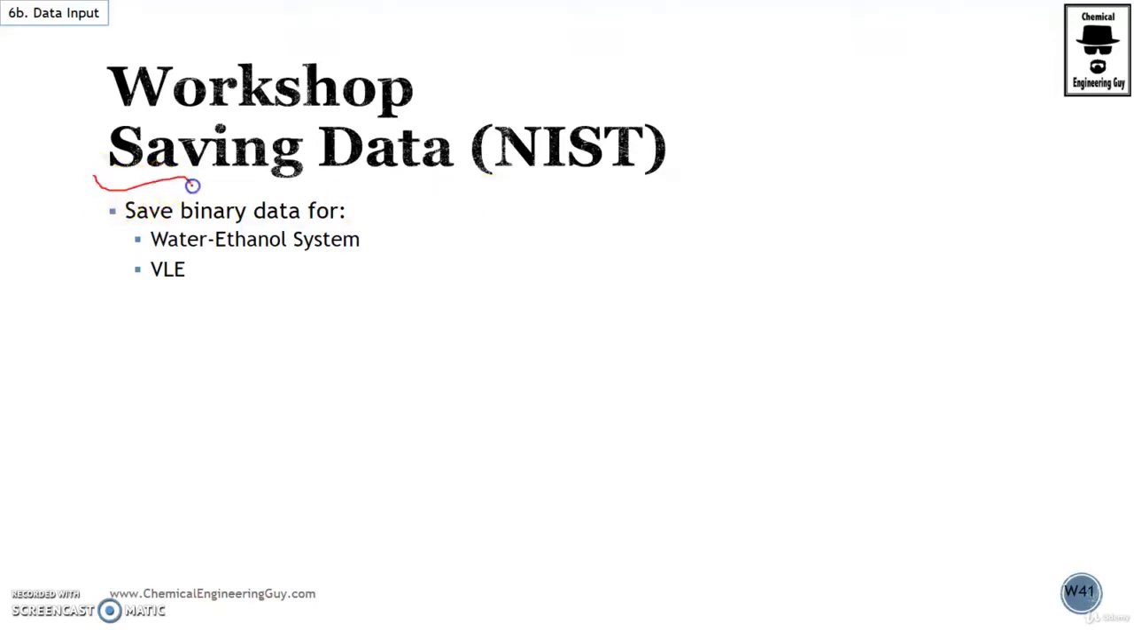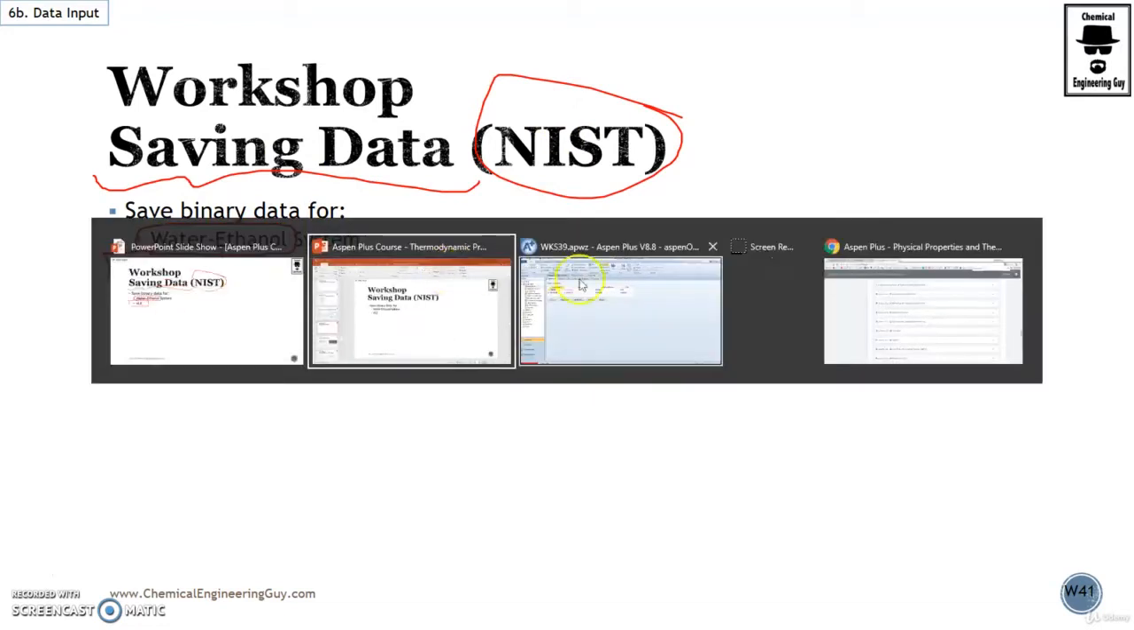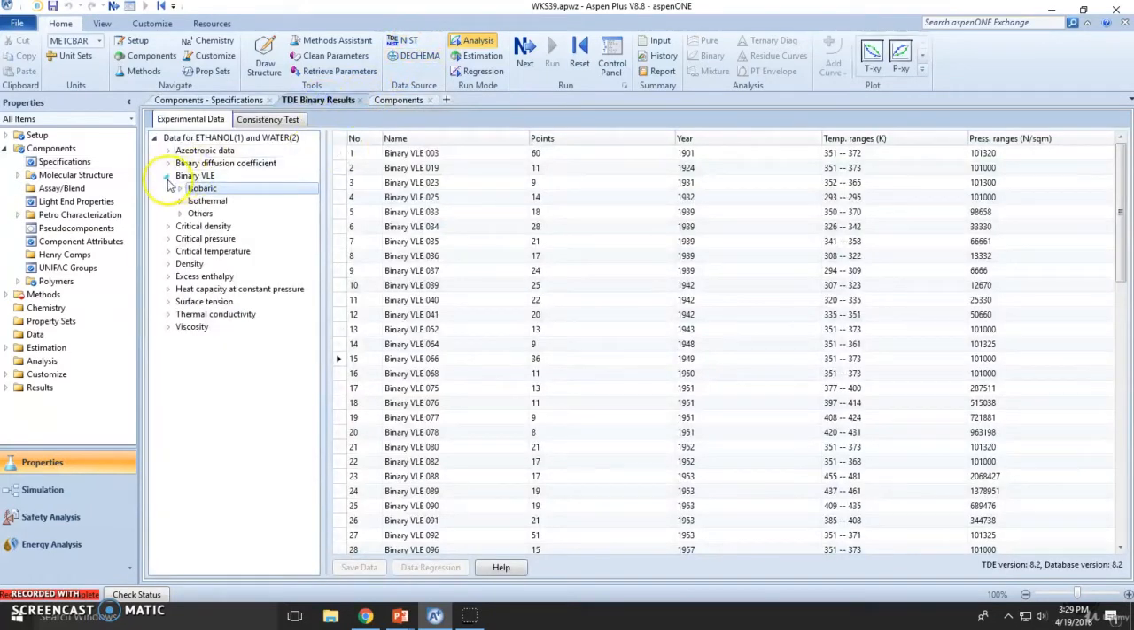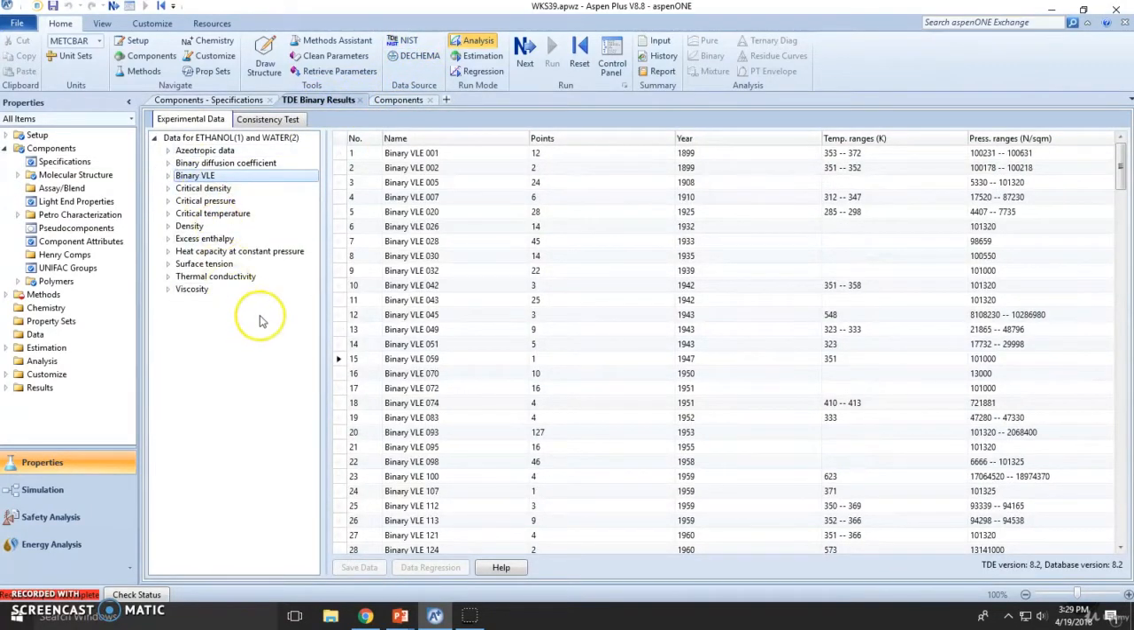Let's check out how we can get and save data from the NIST thermodynamic database engine. We're going to do this for the water-ethanol system, and we require vapor-liquid equilibrium data. So remember that first we need to state water and ethanol as components, then click on NIST and run the binary results. Once you run them, you can save any set here, but right now we're interested in the